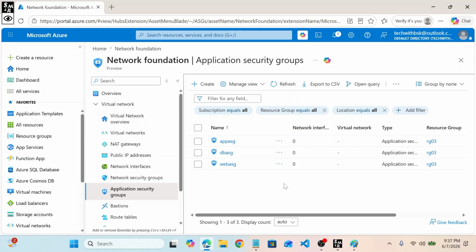For example, if we have some 1,000 machines, do we have to go into every one of the 1,000 machines and assign this? Absolutely no, we can create scripts and attach it at a time. Okay,